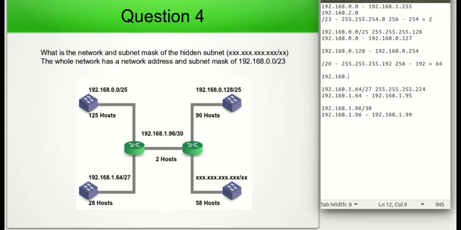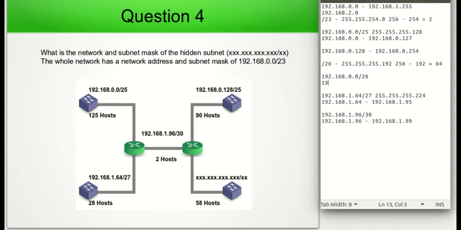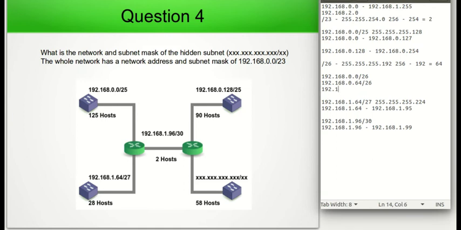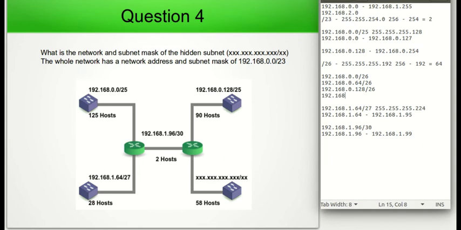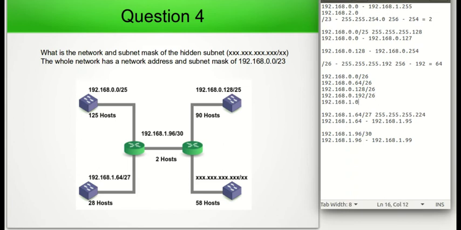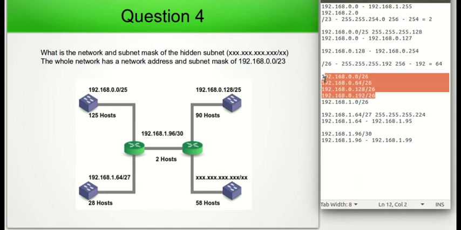192.168.0.0/26, then 192.168.0.64/26, then 192.168.0.128/26, then 192.168.0.192/26, and finally 192.168.1.0/26. So from here, I can see these first 4 subnets are not going to be available because